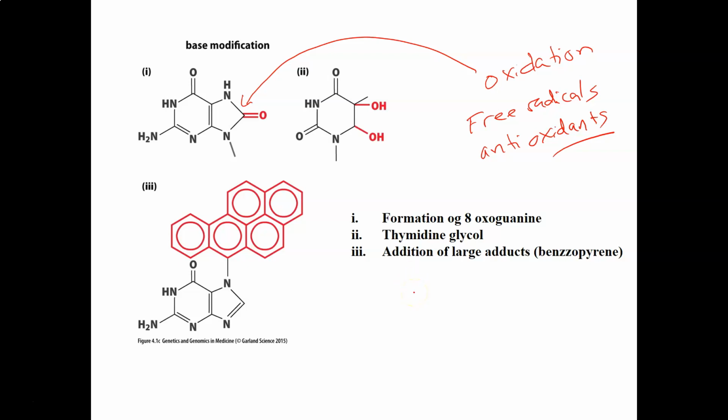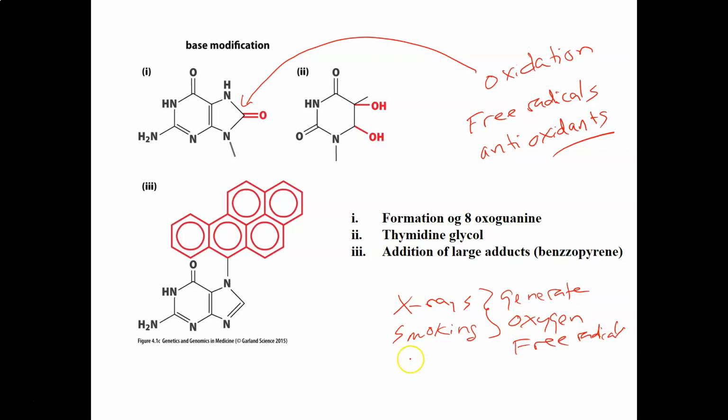Things that really are known to cause mutations are things like X-rays, smoking, and the reason these things cause so much damage is they generate oxygen free radicals, and what they tend to do is they can make these oxidative changes, but they can also break DNA. So these oxygen free radicals can all